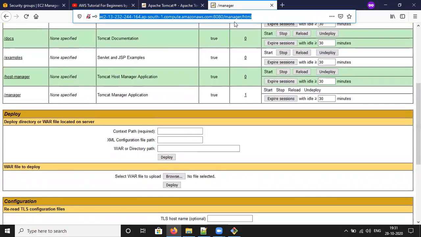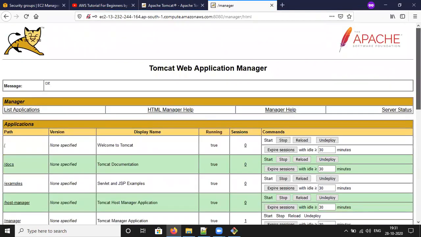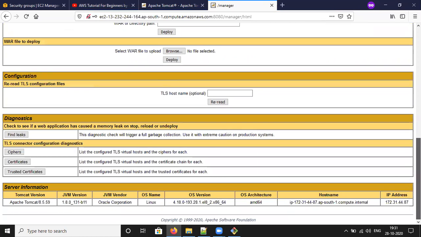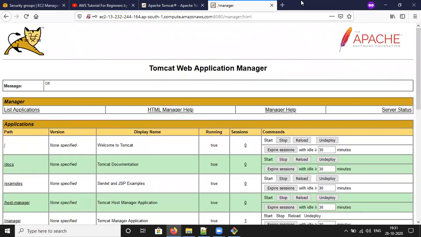Now you can try to check. Next session, we will learn about, this is all about the Tomcat environment setup in your AWS EC2 instance, and in upcoming sessions we will learn about the Maven configuration and how to build the project using the Maven lifecycle methods and others. Thank you guys.